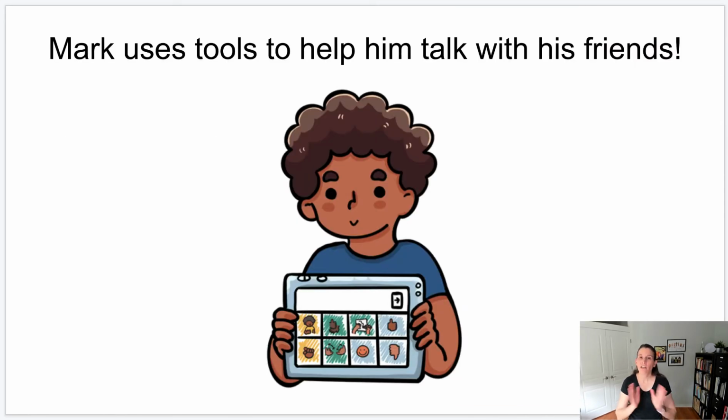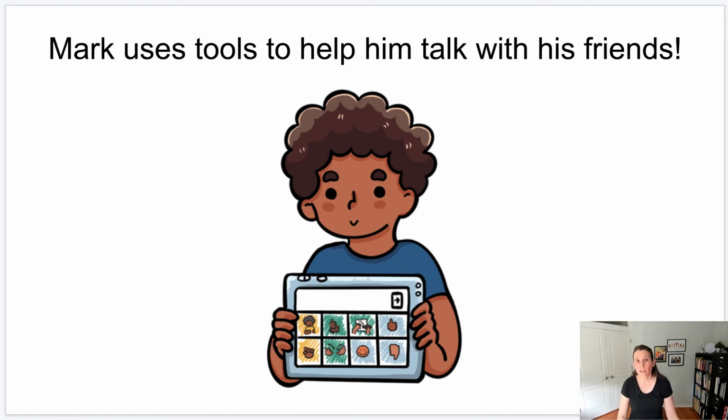Finally, this here, and I have parent approval before I do this, I put a picture of our AAC user using their communication device and I put it right up on the screen. And then I say, Mark has a tool. And then by then they're primed. They're like, oh yeah, it's his talker. What does his talker help him to do? And then the kids, as long as it's a voice output device, are like, oh, it helps them to talk, it helps them to communicate, things like that.